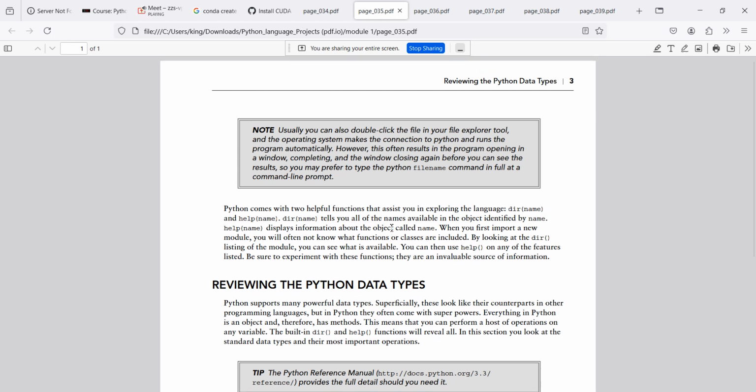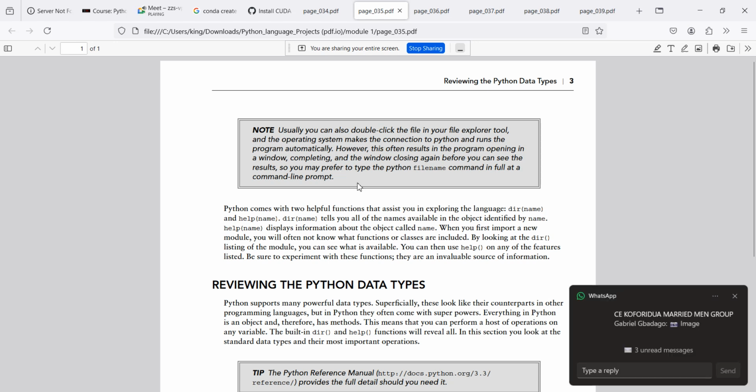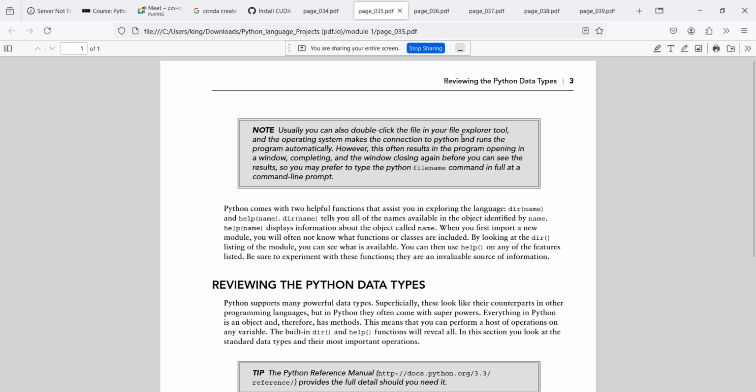So we look at reviewing the Python types. Okay. Anything that I've given that you see, pay attention to that. Now with this one, we are saying usually you can also double click the file in your File Explorer. And the operating system will open it with Python and run the program automatically. However, this often results in the program opening,